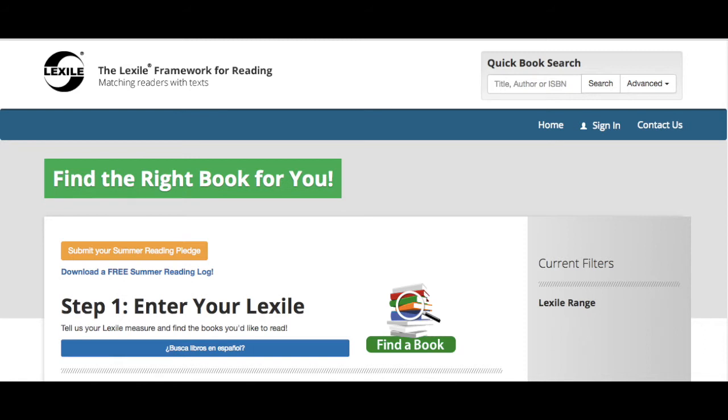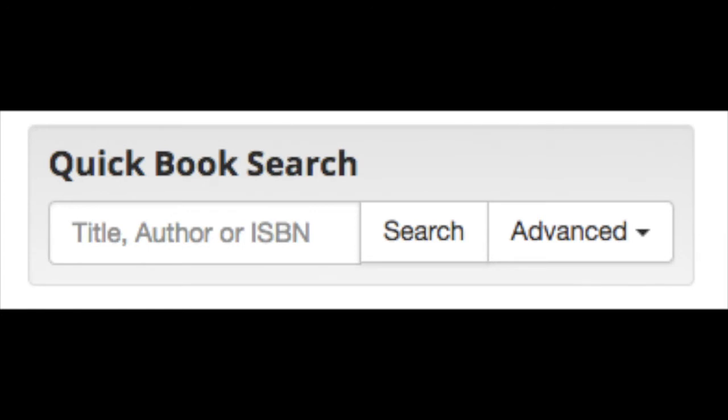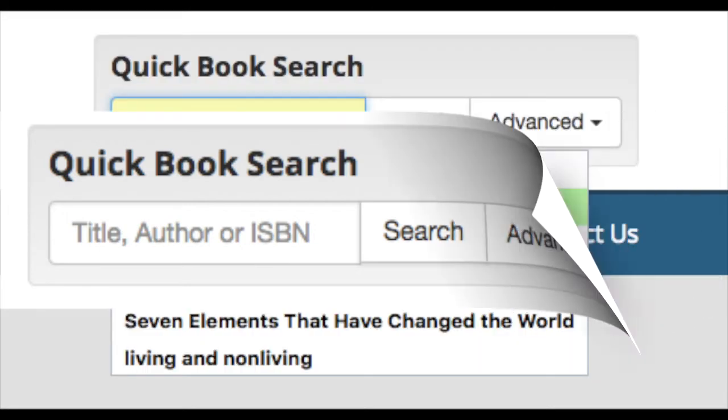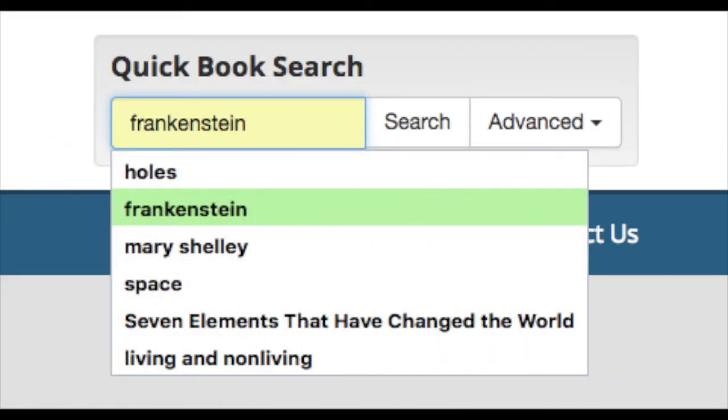This is the main Find a Book page on the Lexile framework. In the right-hand corner, you'll see Quick Search, and that is where you can type in the title, author, or the ISBN of the book that you are trying to find out the readability level of. In this case, I searched for Frankenstein by Mary Shelley to find the readability level of it for my science